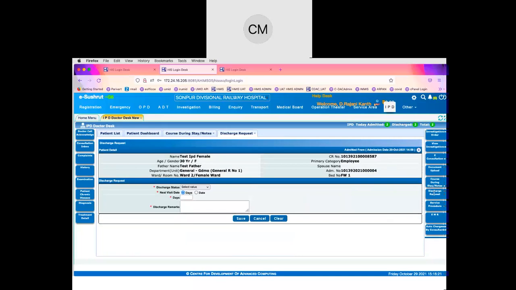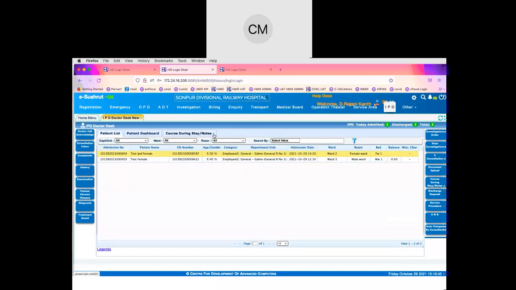So once they appear in the green color font, the nurse will come to know that this patient is marked for the discharge. So the nurse will prepare the discharge summary notes in draft, and then the doctor will finalize them, and then the discharge will happen. So this is an important step where the doctor can initiate the process. Without this initiation process, discharge cannot be done.